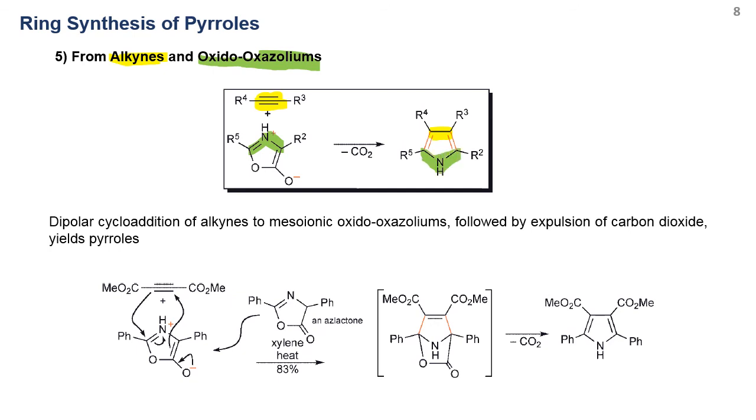Okay, and the reaction starts by using the nucleophilic carbon here of the enolate to attack the alkyne, which will give the enolate here that will attack the iminium type component. So eventually you are going to form the bicyclic as the intermediate here,